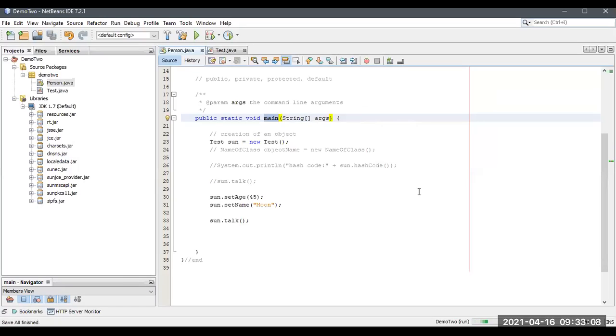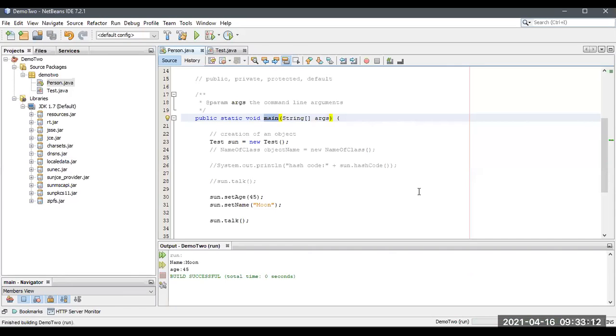Now I'm going to run the program. It's been too much time. See this, what I mentioned. So now the variables with private access have been accessed over here. I just accessed them from outside the class, in the way I created the setter and getter methods having a public access modifier.